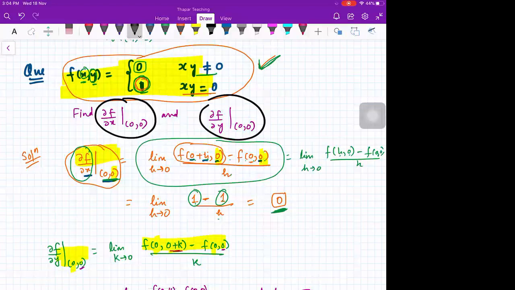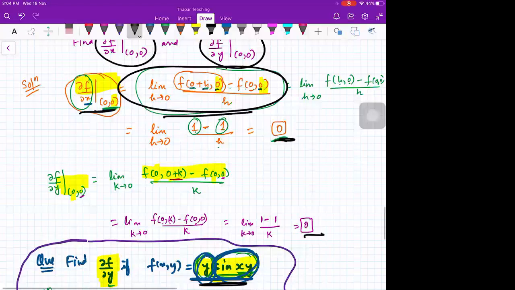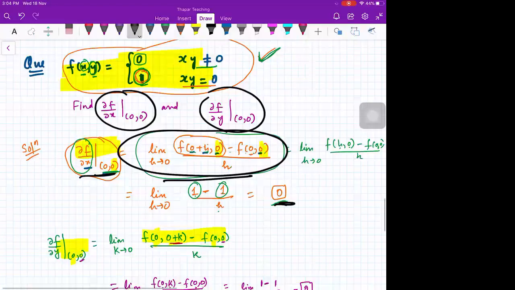In a function of one variable, we know that for a function to be differentiable, the function has to be continuous. But the definition is the same. Here you see, we have done nothing wrong. We have used the definition and we got the value of the derivatives, and the function is not continuous. Continuity here is not required for partial derivatives. We will discuss this later, please ignore it right now.